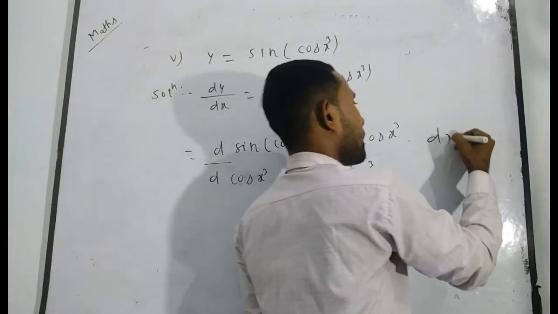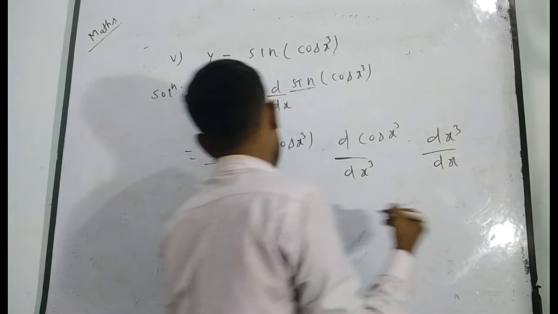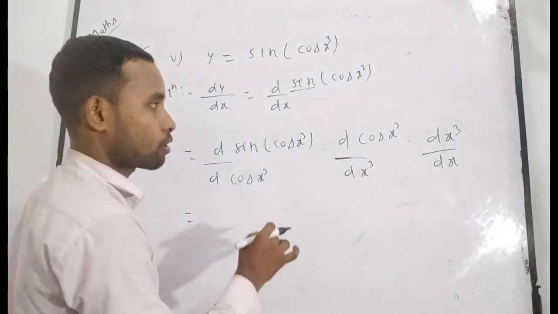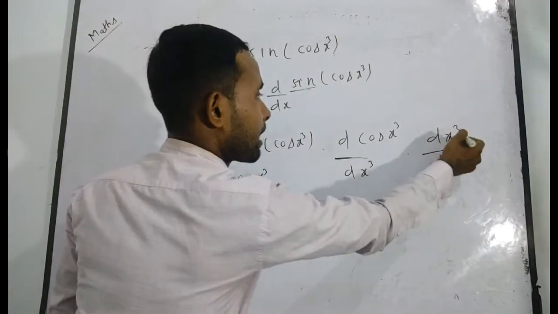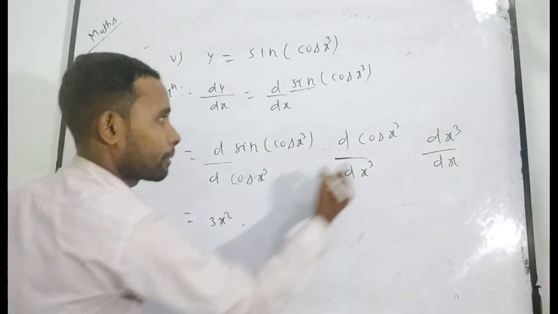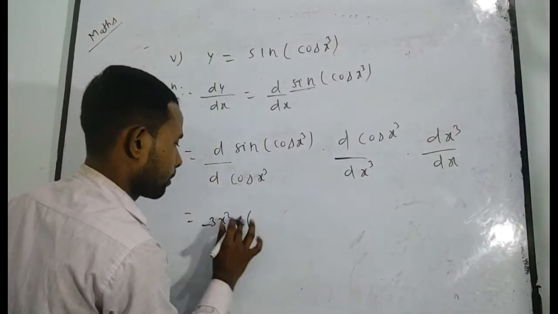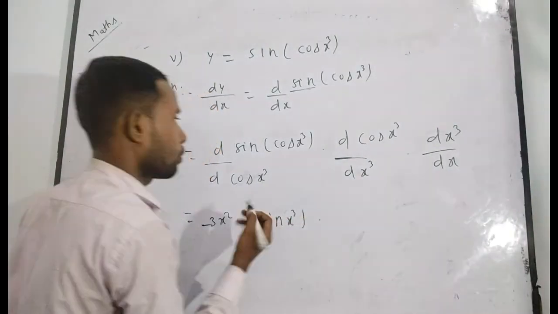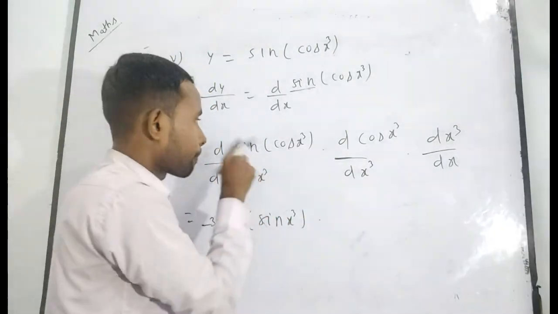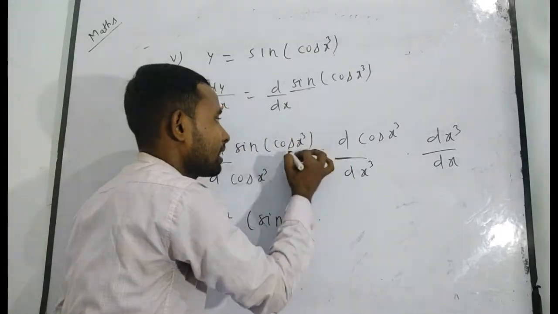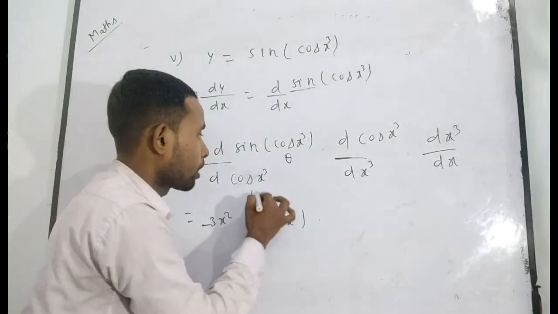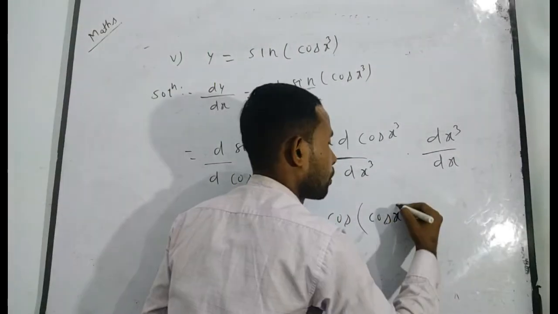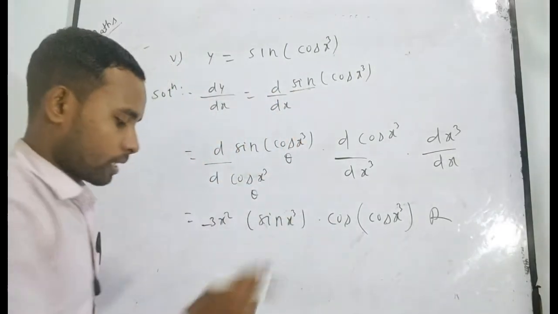Again, x cube is simply differentiated with respect to x. Now you can see, I want to write this term here so that it looks in a standard form. The derivative of x cube will be 3x square. The derivative of cos x will be minus sin x cube into the derivative of, be careful here, sin theta with respect to theta, which will be cos theta. Cos theta, what is theta? Theta is equal to cos x. Sometimes students get confused about this.